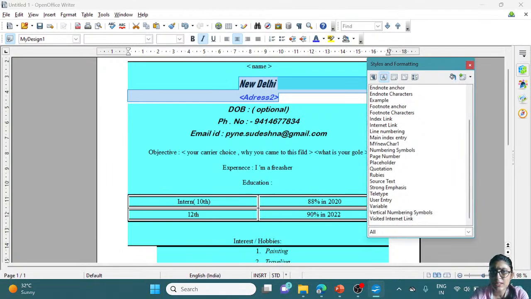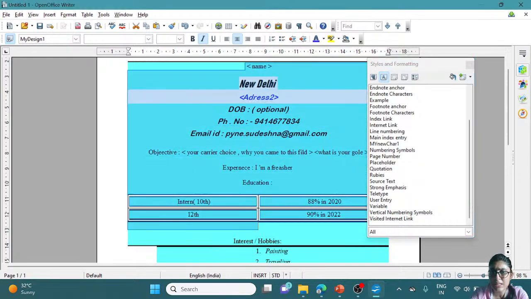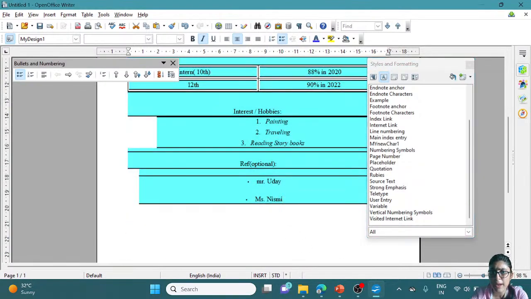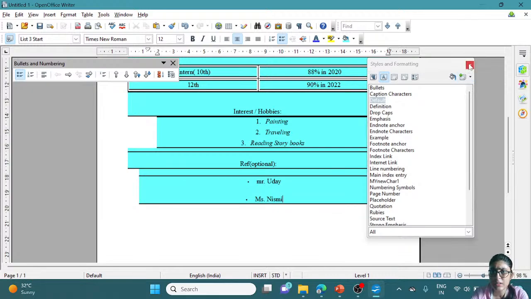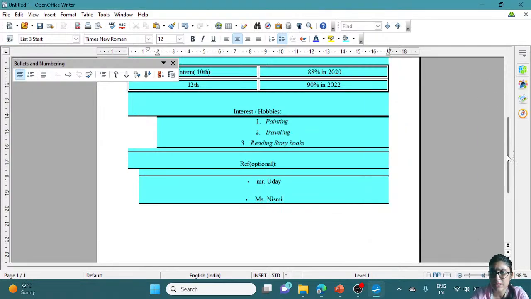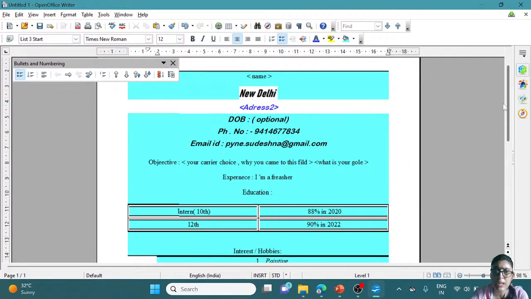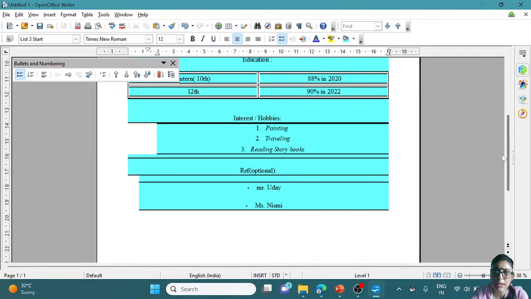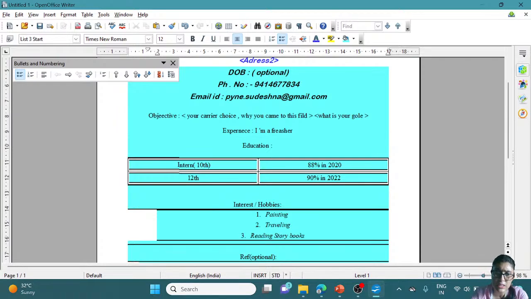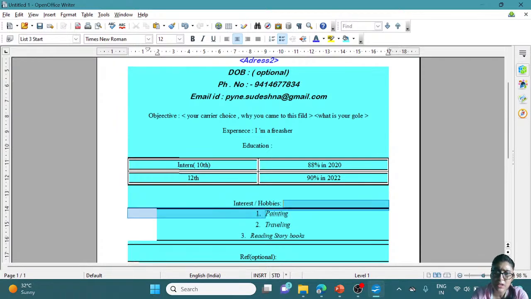Okay, but in the whole paragraph the style has been applied, right? So this is how we can form a document in open office. And you can see the lines, these lines have come here because I have chosen the border. Okay, now the border option will give you